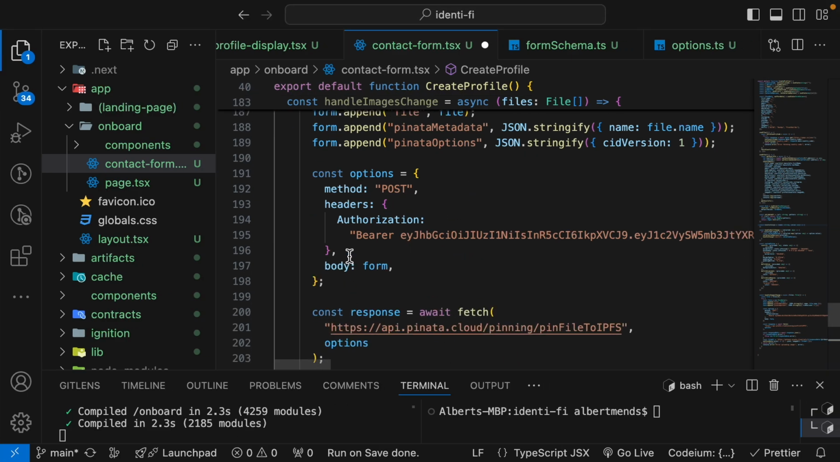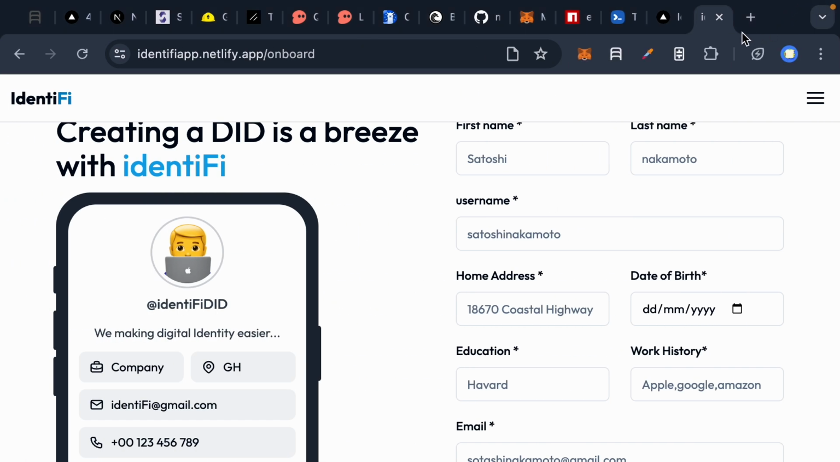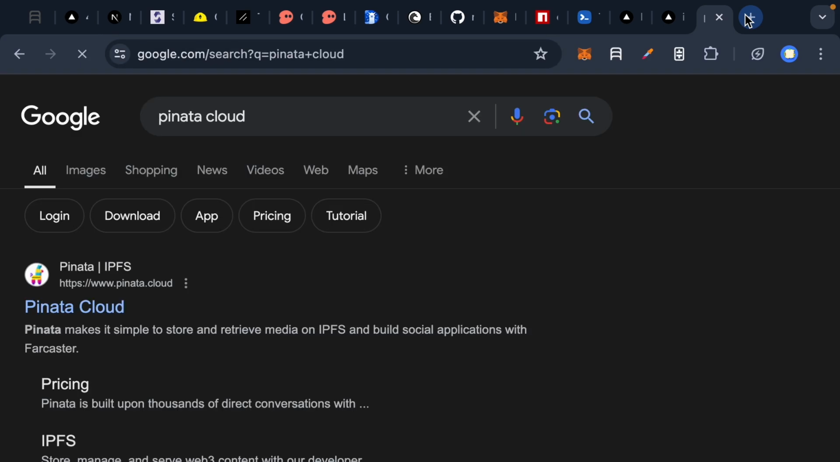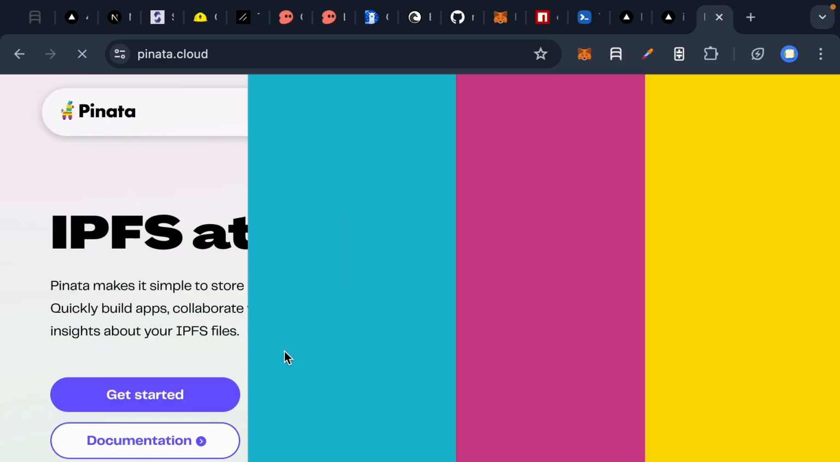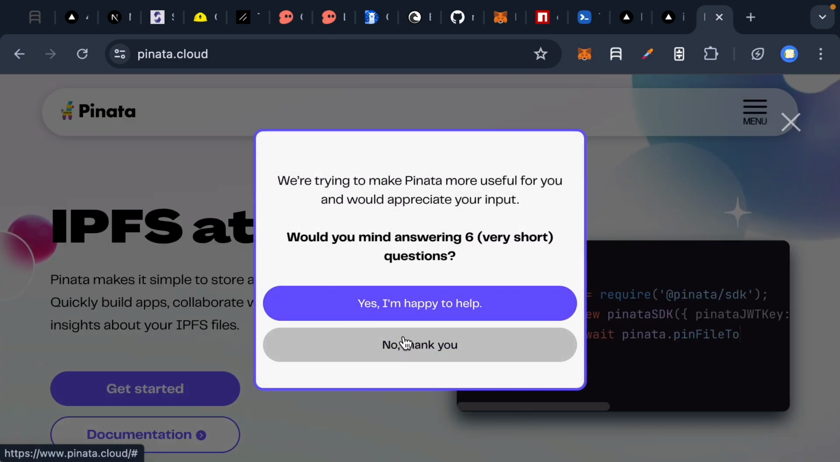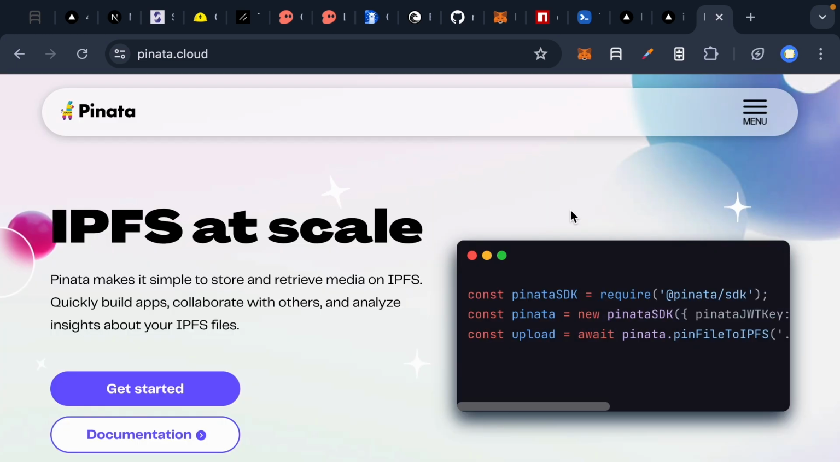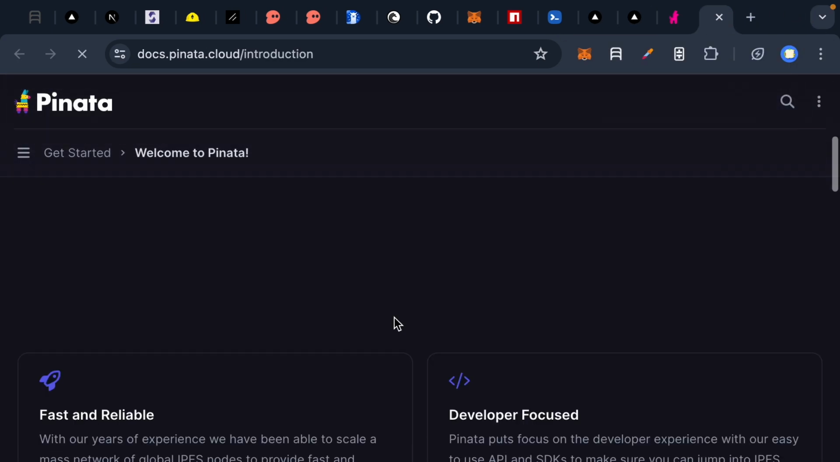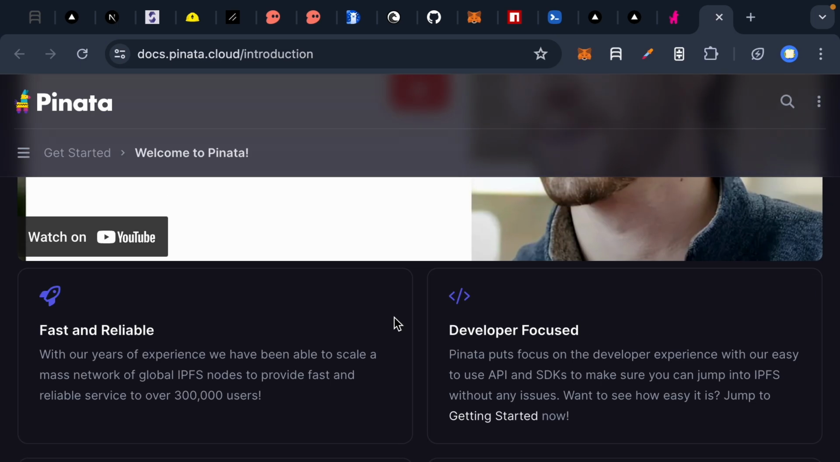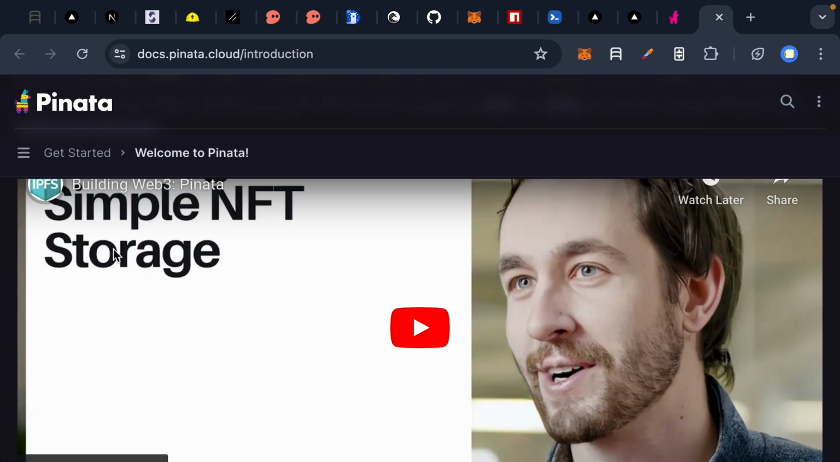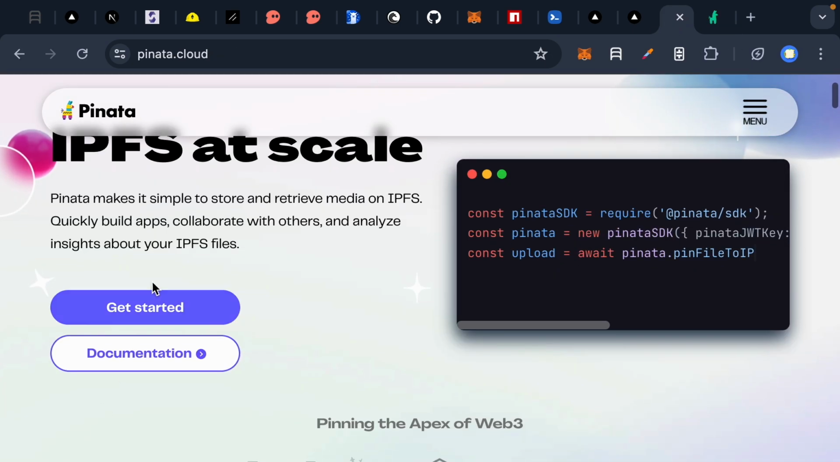called Pinata Cloud. So when we check Pinata Cloud, it's an IPFS powered cloud where users can store images in a decentralized way. So when we visit the documentation page, we can look at the installation procedure. The documentation page teaches you how to set up your cloud. So when we click on get started,